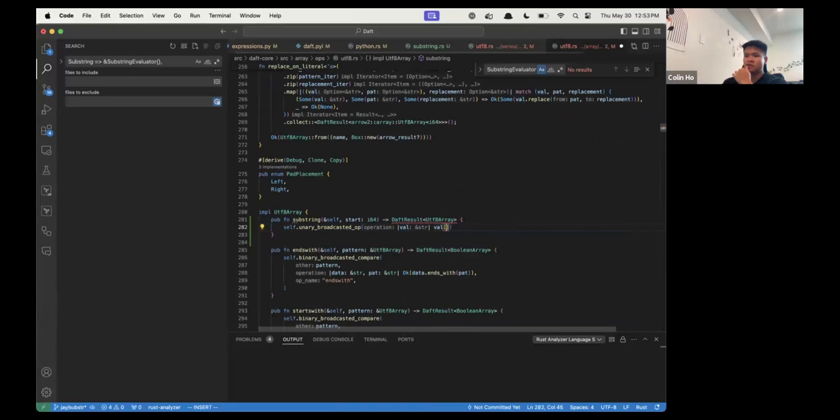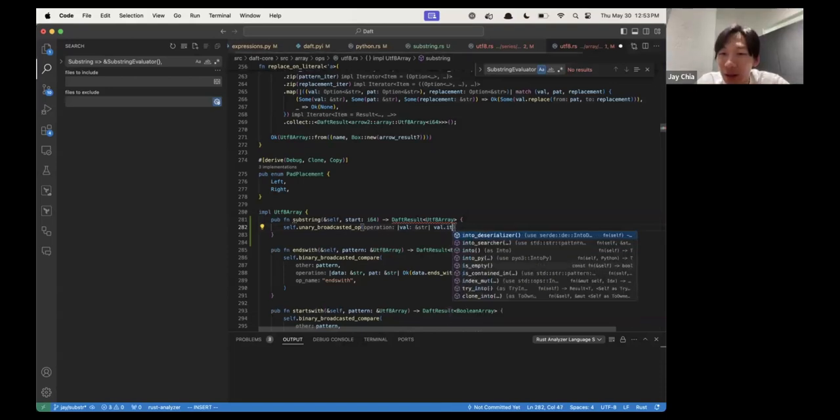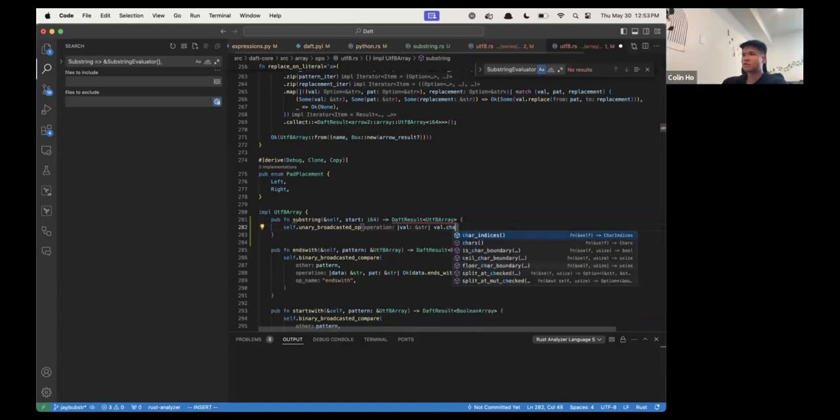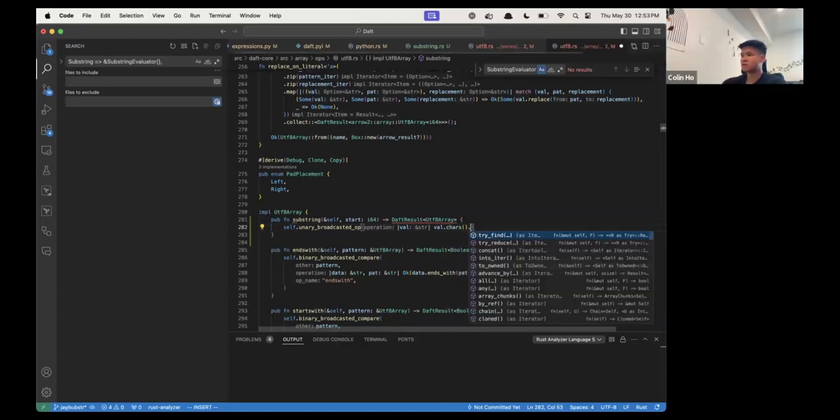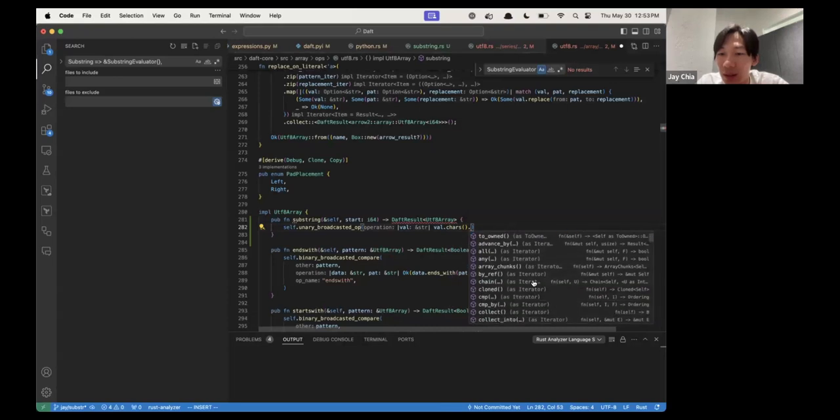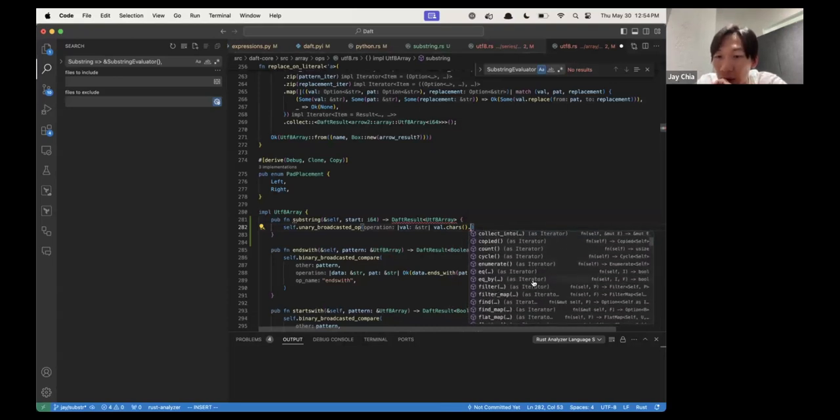You can do chars. I don't think there's a dedicated substring function, but you can get the chars, or iter. I guess chars is the iter. And then okay, so it is an iterator now. And all we gotta do is grab